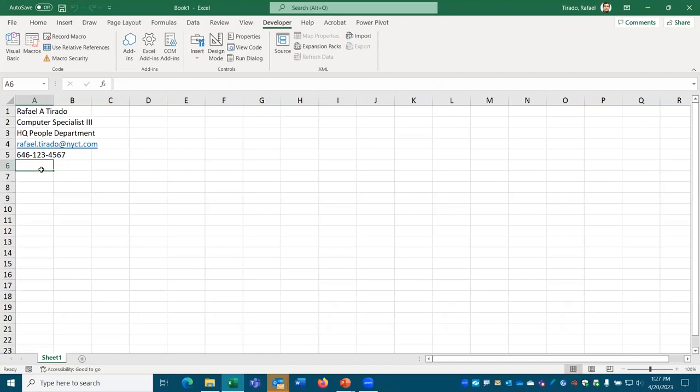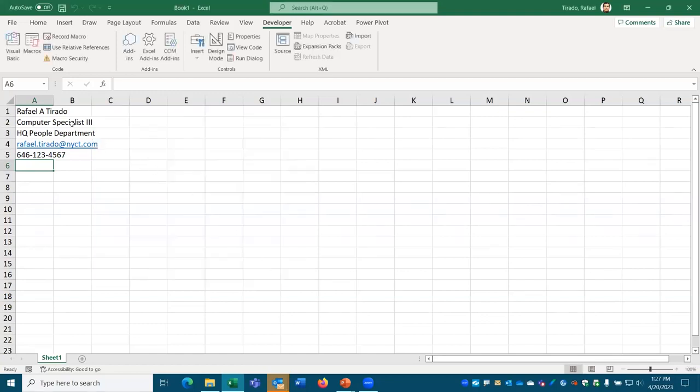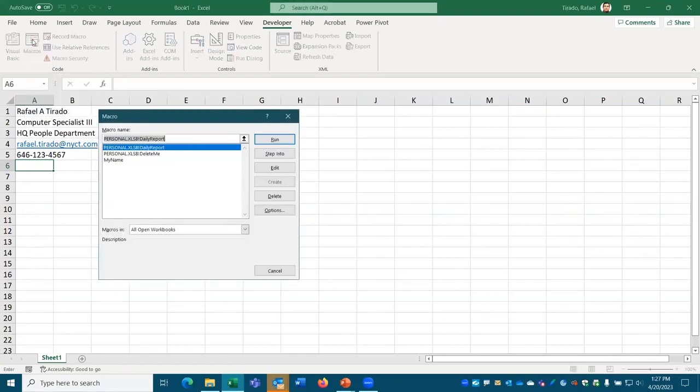So moving on over here, I was describing the macros window as a way to go and check on the macros you already created, and also as a way to run your macro if you forgot to assign the shortcut. Okay. The other thing that I wanted to say is once you go over to the macros window